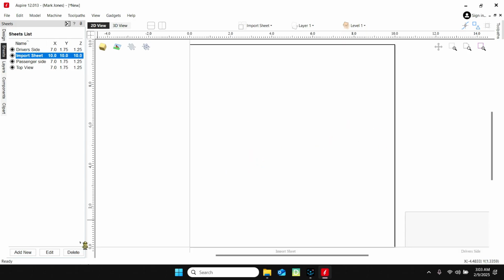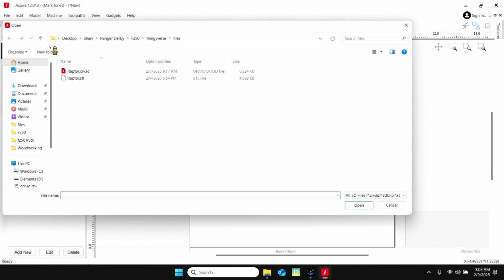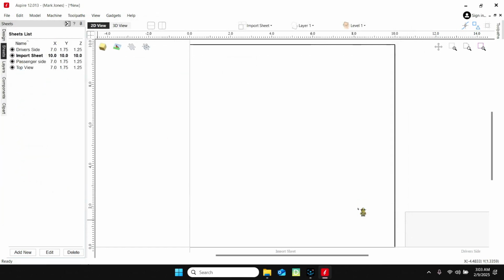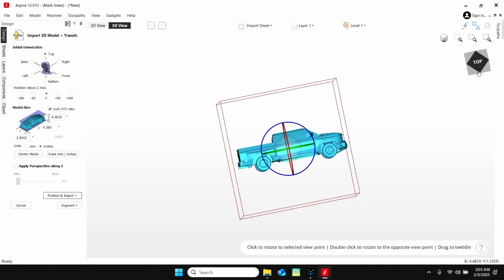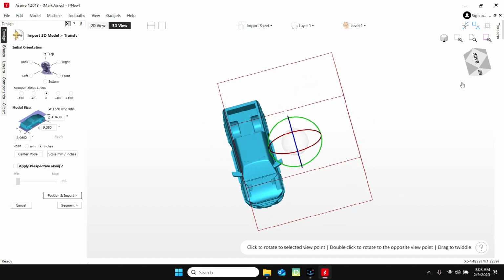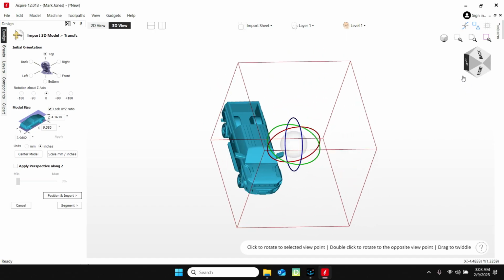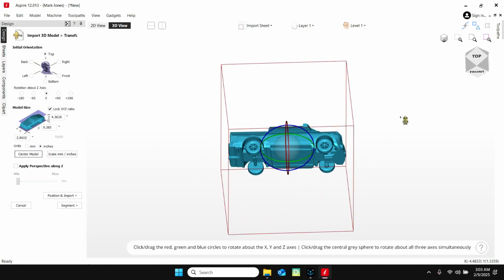This is the 10 by 10 cube, and we're going to go up here to the model, and we're going to import a 3D component. And in my 3D component, I have my STL files. So I'm going to open that, and I'm capturing screen, so it's a little bit funny. As you look at it from that, the model is kind of right there on the edge of it. It's not totally in the middle of it, so I'm going to click center of the model first, and